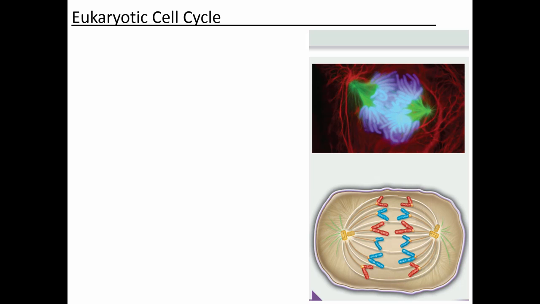So at the end of mitosis, you're going to have two nuclei, one at each end of the cell. And you haven't divided the cytoplasm yet. Okay? And so that's the next phase. Mitosis, to be really specific, is really just dividing the nucleus. So one nucleus divides into two during mitosis, and then the dividing of the cytoplasm is called cytokinesis.